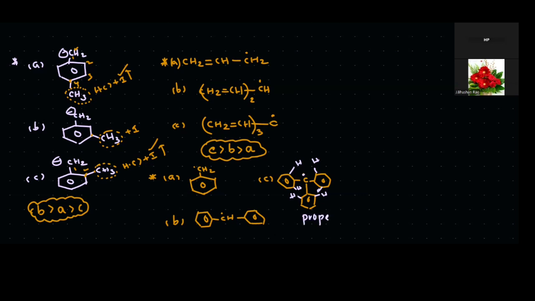Due to this propeller structure, repulsions increase. If repulsions increase due to the propeller structure, now the structure is equal to which one? Secondary carbon free radical. Secondary carbon free radical means the stability order is